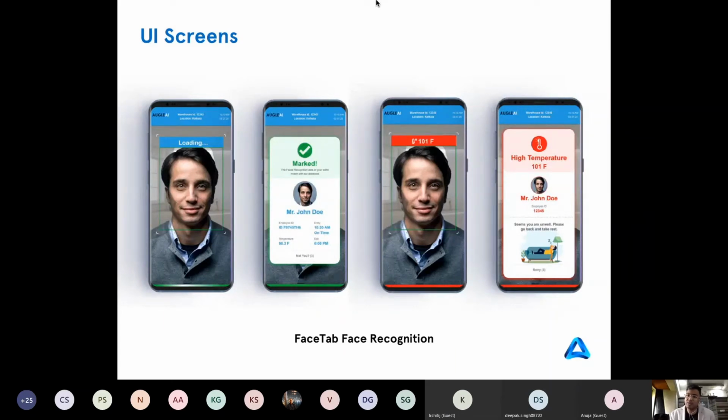Plus, it's completely contactless, so there's no risk of virus spreading. Plus, people don't need to buy any extra hardware. If you have any spare phone or a tablet, our software can be deployed on those as well.